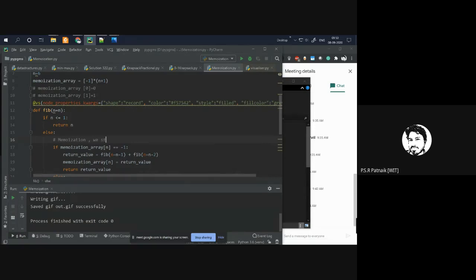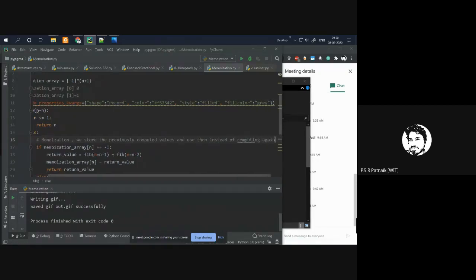So here what we do, we store the previously computed values and use them instead of computing the values again. That's in short what we call memoization.